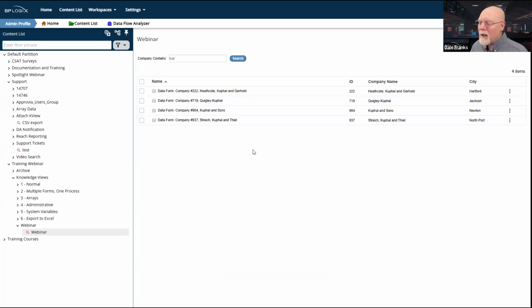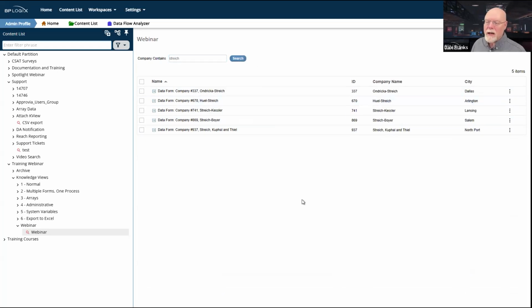Well, there we go. Kufal, however that is pronounced. There's a lot of Kufal names in here. Well, four of them for these companies. So I can just pull back whatever name I want and do a search, and it's just going to pull back all of the companies that have that as the name. It's going to give me a much more limited number of companies, and gives me as an end user the ability to search.